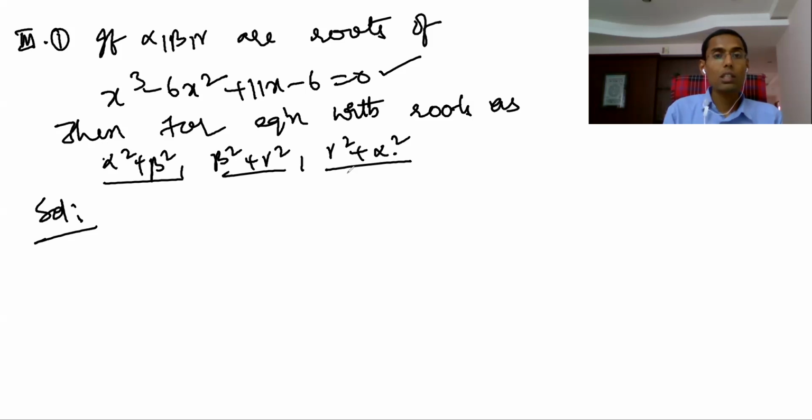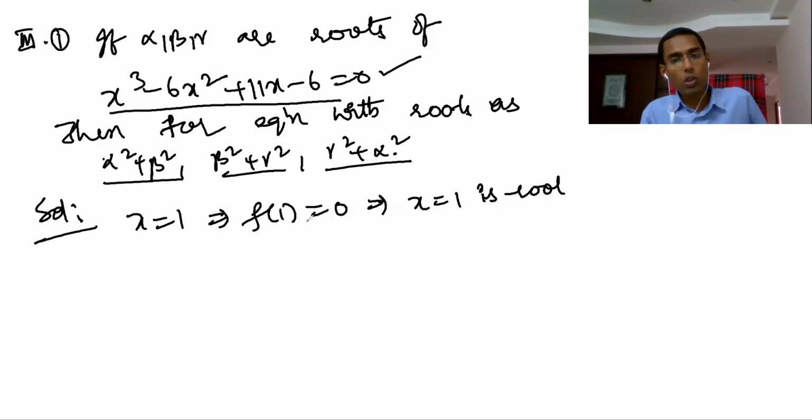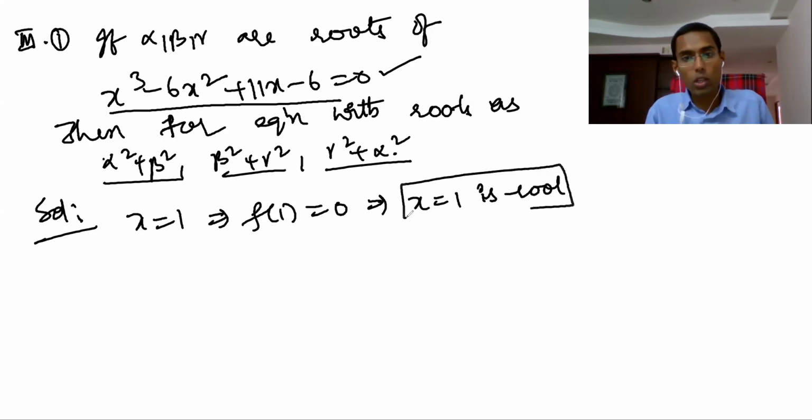So the better thing is, whenever a question is given like this, you should understand the question will not be so complicated. The question is given, which means you can find out alpha beta gamma. That's the idea here. Here the trial and error method you have to use. x equal to 1. Now I told you this is f of x. Now f of 1 equal to what? Obviously 0. So that means x equal to 1 is satisfying, x equal to 1 is a root. So this 1 is a root.